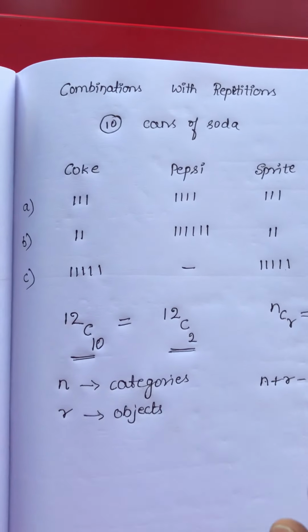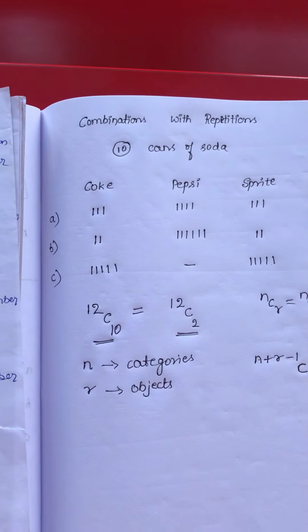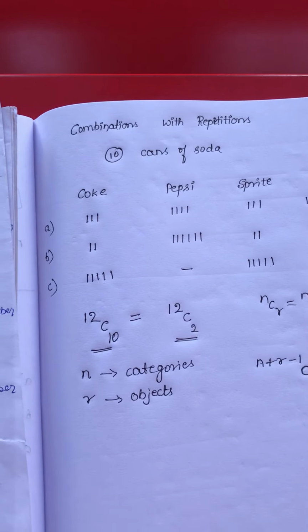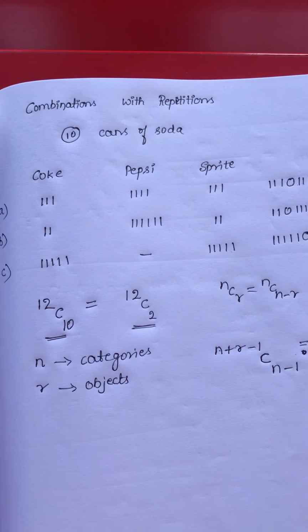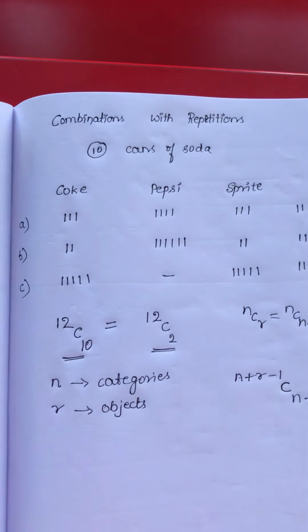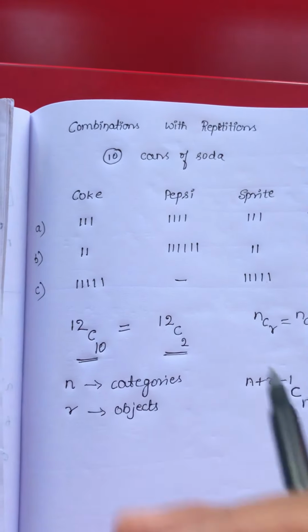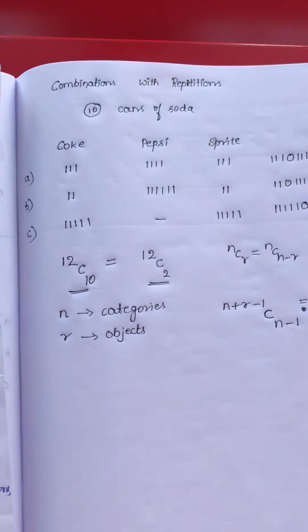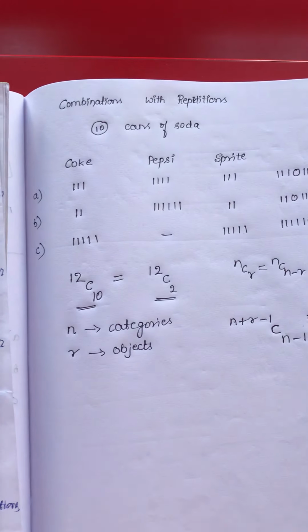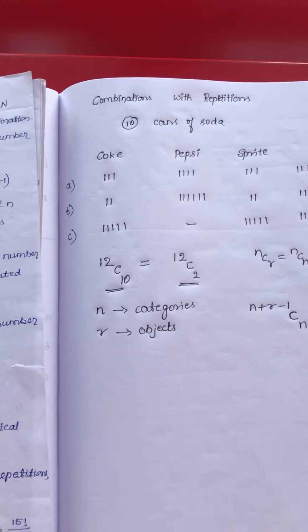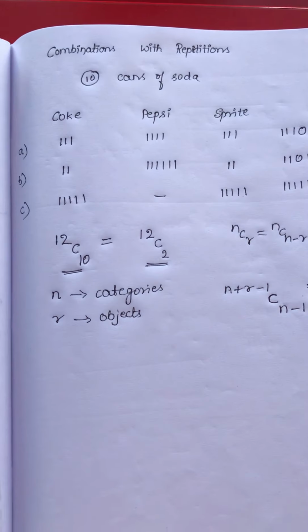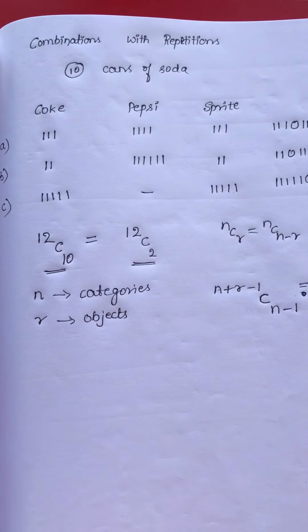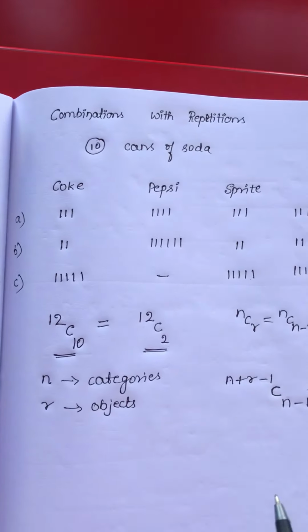It's not like that. If there were 3 boys and 2 girls, and we were selecting 1 boy and 1 girl, that is different. But here I want this many in total. Any number from boys, any number from girls is okay for me. Maybe I can select 3 boys and 0 girls, or I can select 2 boys and 1 girl. So different combinations are there. It is that kind of thing.